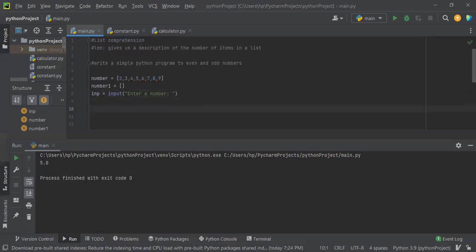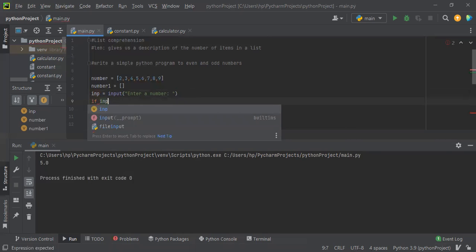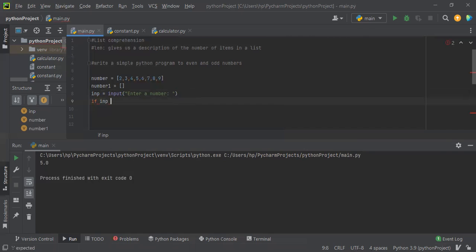I can say if INP, that's the input, if INP, I'll use my percentage sign, INP divided by 2 equals to 0. Okay, if this is equal to 0, then I can say print,